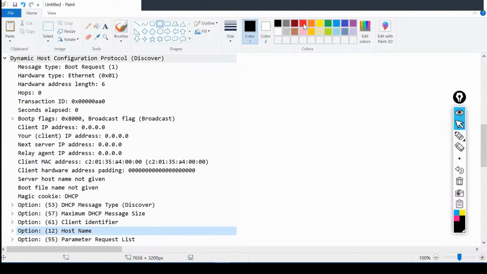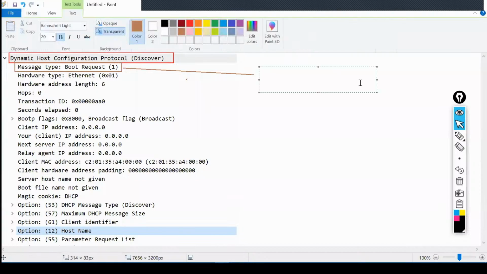Dynamic host configuration protocol. The first packet we have is a Discover packet, and the message type is what? Boot request. It can be reply as well. For the request, the opcode value will be 1. For the reply, opcode value will be